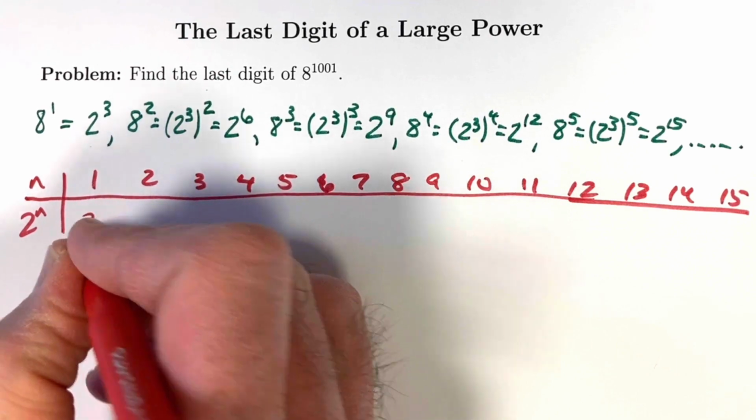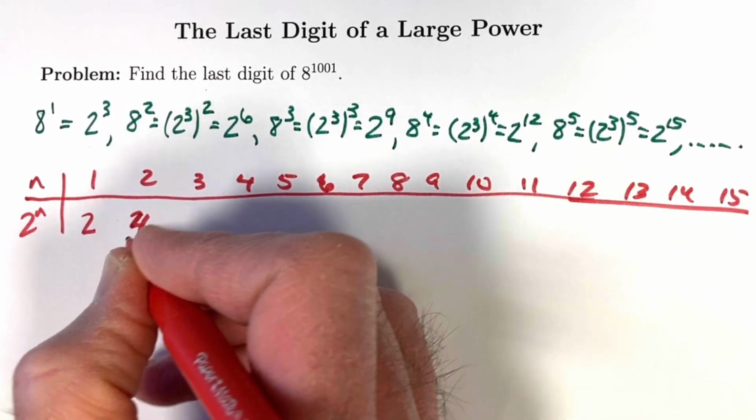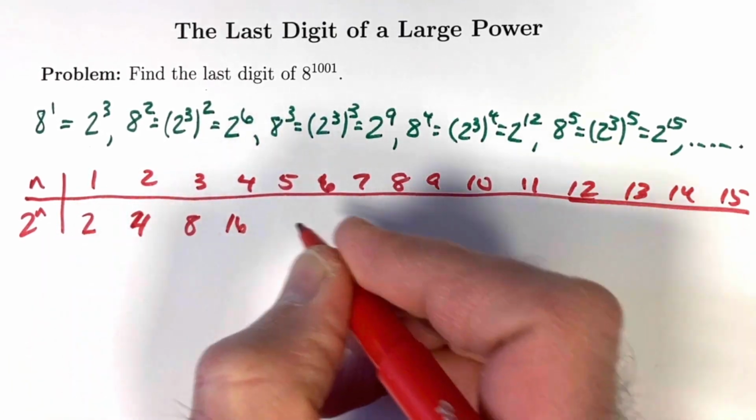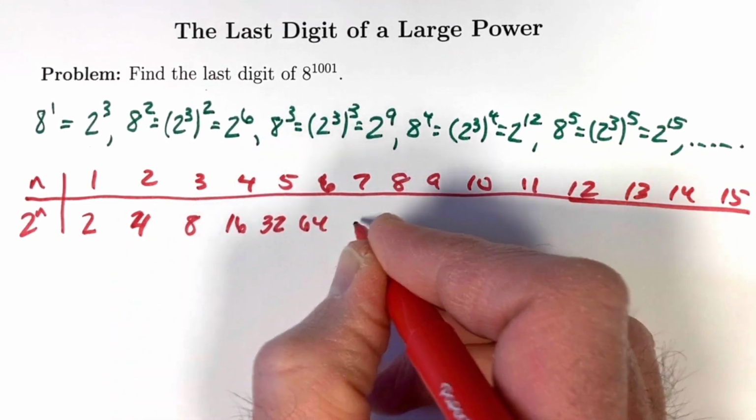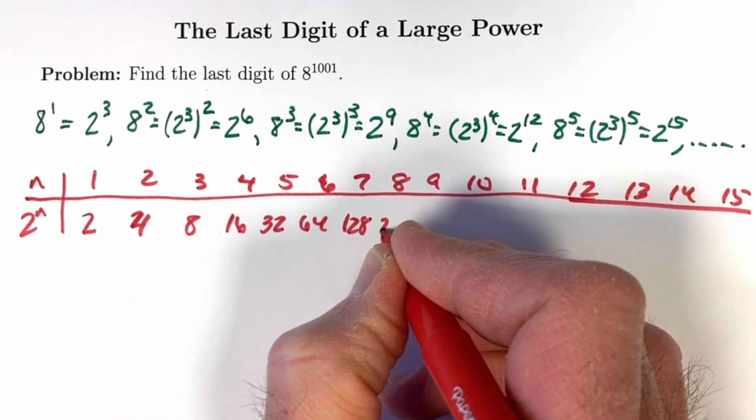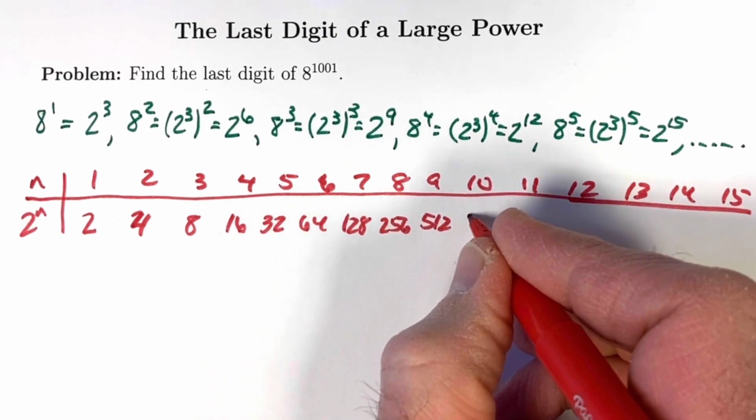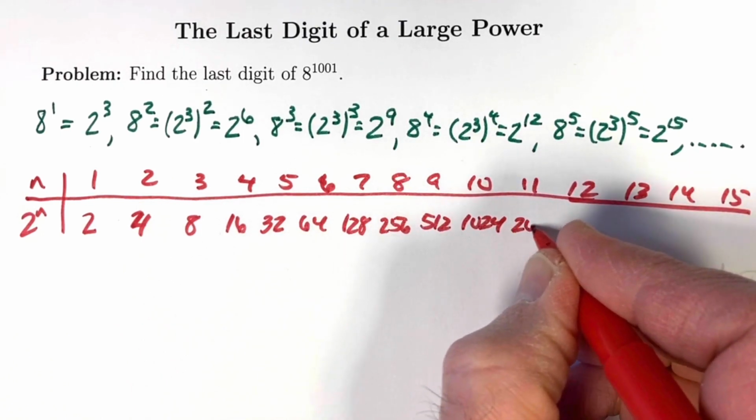2 to the first power is 2. 2 squared is 4. Just double, 2 to 4. Double again to get 2 to the third power, which is 8. Double again to get 2 to the fourth power, which is 16, etc. Then I get 32, 64, 128, 256, 512. 2 to the 10th power is 1024, right? It's kind of fun to do these in your head. Then I get 2048,